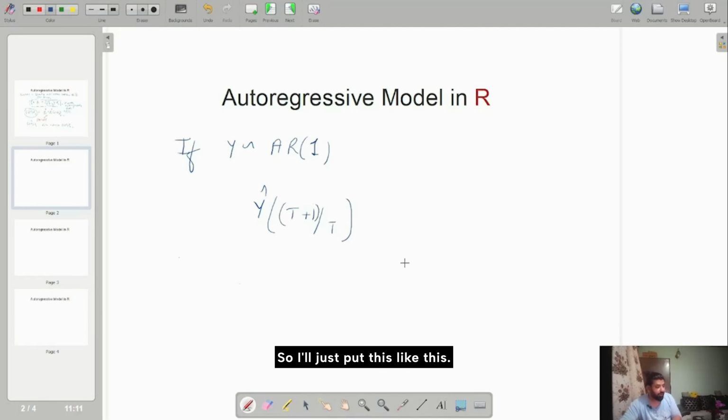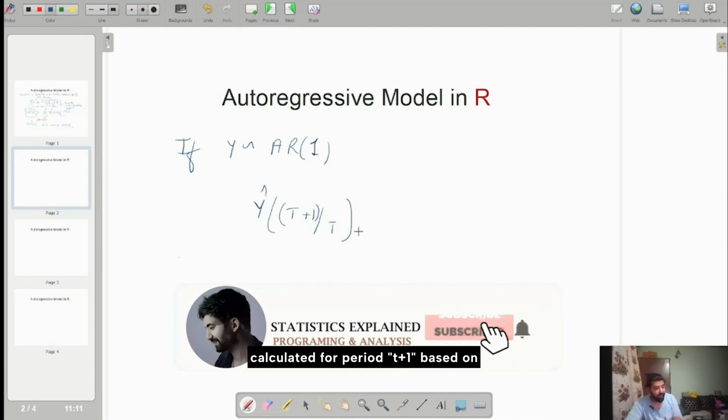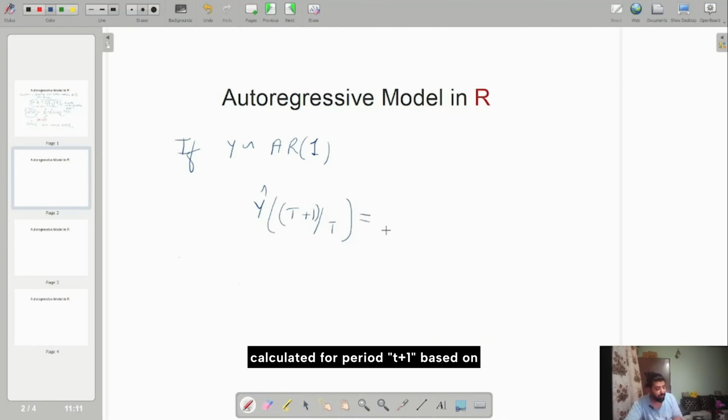So my value for the dependent variable is calculated for period t plus 1 based on what value it had in period t. In this case, we will have data up to period t,